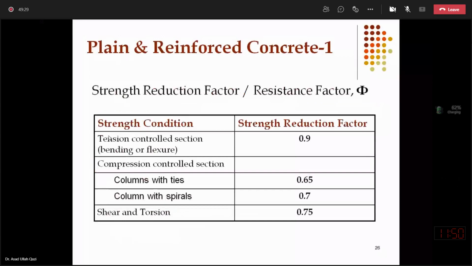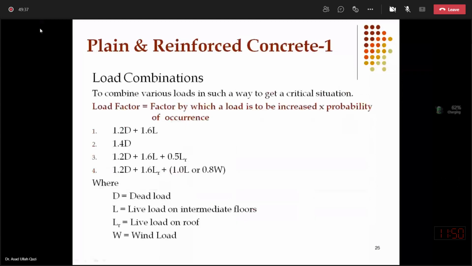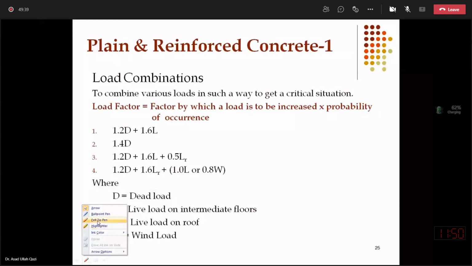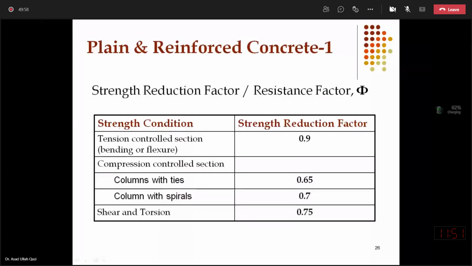And in ultimate strength design, as I said earlier, the factor of safety will appear on both sides of the equations. So keep in mind that this 1.2 and 1.6 in combination 1 and 1.4 in combination 2 is actually factor of safety on the action side, on the demand side, while on the resistance side,